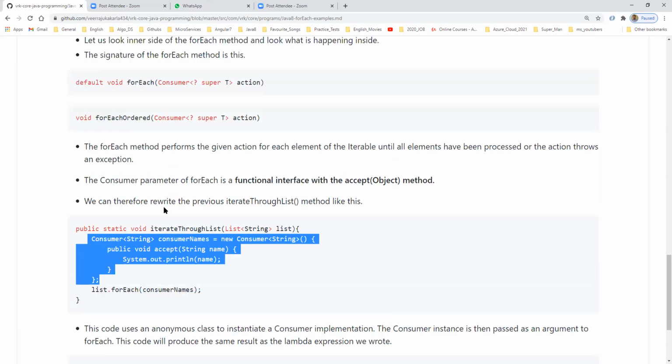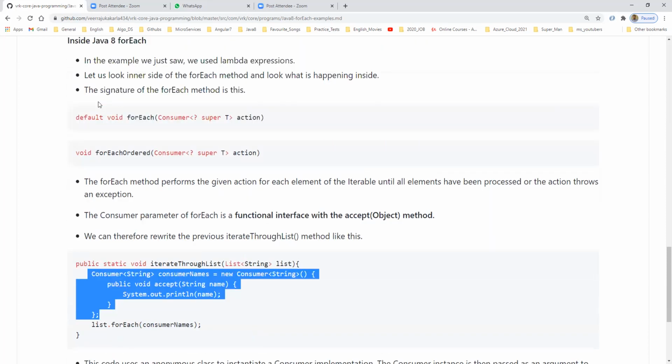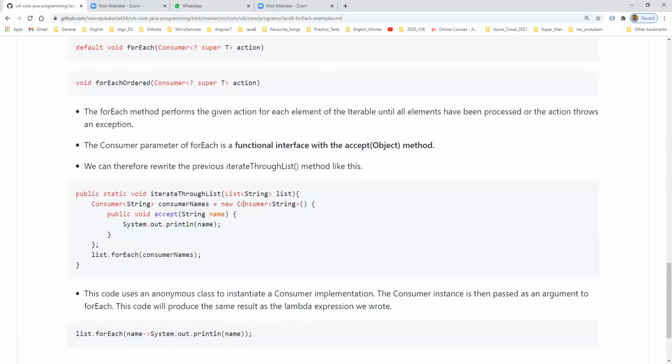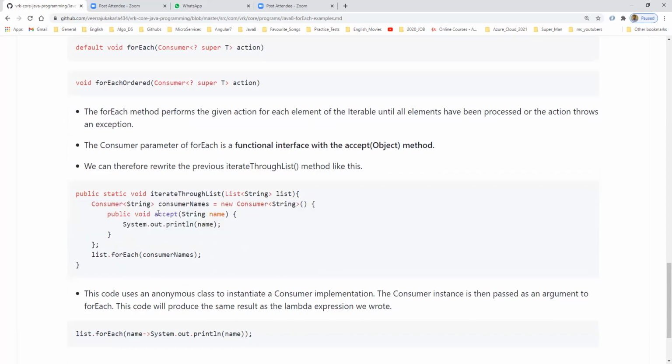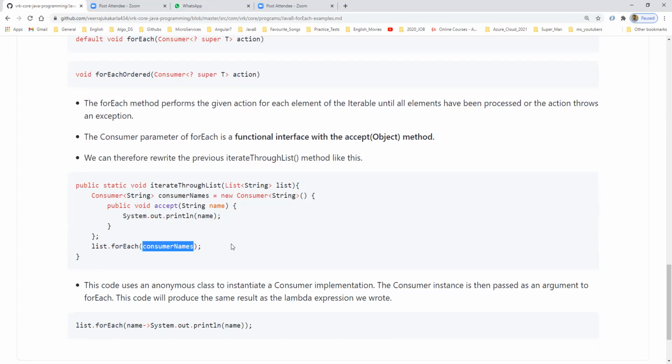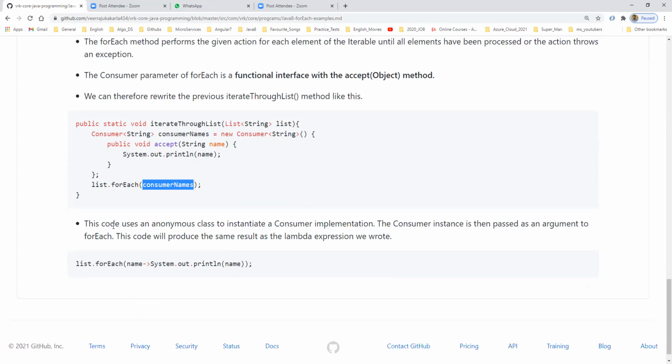That is what I want to tell you. Inside forEach, whatever type of data we are passing, it will automatically convert like this. It will accept the type of data we are passing as a method argument of this forEach. So like this it will convert, like this it will consider. That is what I conveyed here.